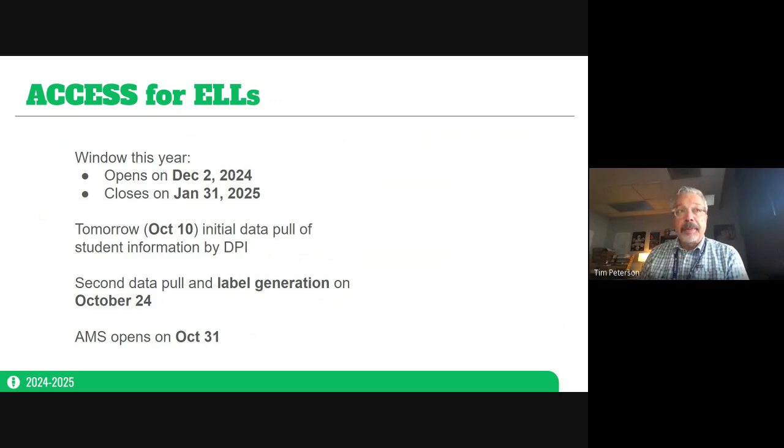A critical point: on the 24th, if students are not in on the 24th, no problems, except that's when they generate the one and only label that we get for students, especially when it comes to booklets. Now, not so much a worry at the high school, but it'll be more important for those students in younger grades. But I want you to know that, for instance, alternate assessment, we won't have many labels for you to do. So if there is a physical book, there will have to be bubbling.